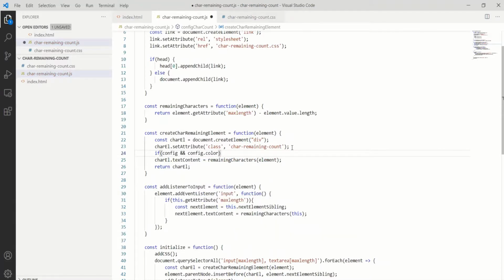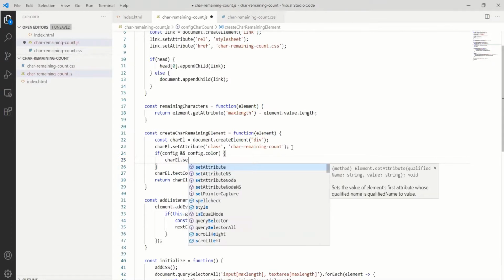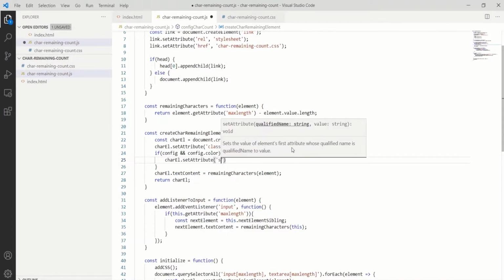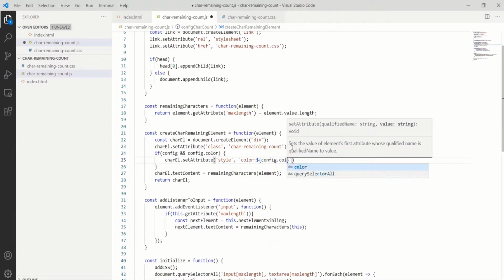color property present, then I'm going to do charElement.setAttribute, and then I'm going to set the attribute style, and the style would be color, and this would be config.color, config.color,